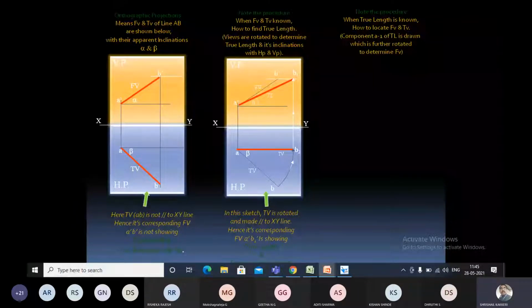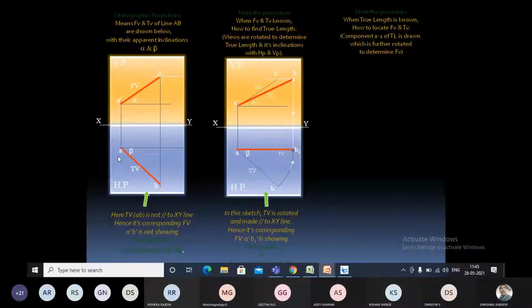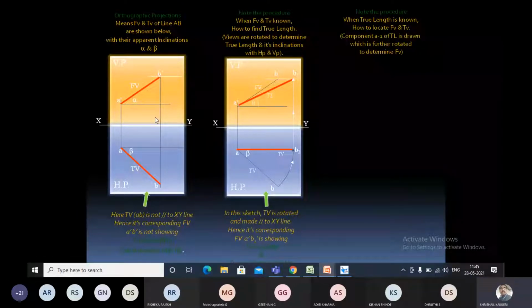The second one, please look at this problem. This line and this line are parallel to each other, and this is one of the important things: the distance between the end projectors. These are called end projectors, in the sense that A to A and B to B have been projected from one plane to the other plane.